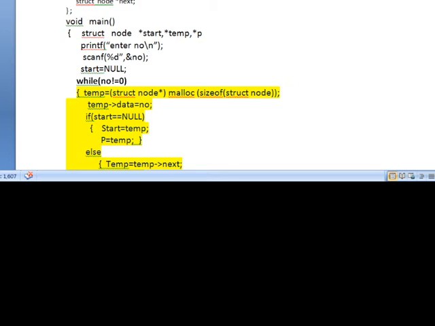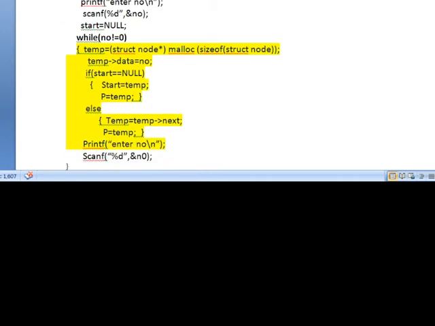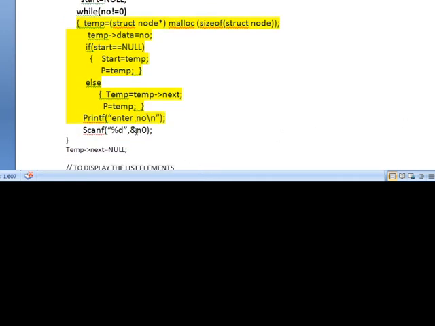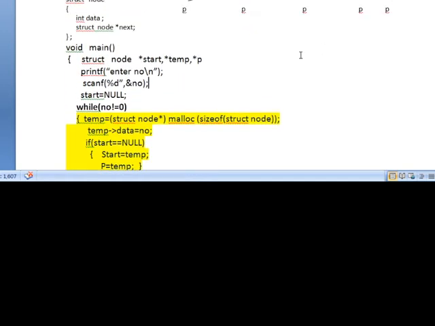Next, I have to read the next element. For that, I am using enter number. After reading the number, I have to verify whether the given number is 0 or not. When you want to stop, give the number as 0. Second, I am going to give the value 7. Now for this, I have to create one more node. If you want to create a node, again this malloc function is executed. So the second node is created as temp, and temp.data equal to number means 7 is stored in that.